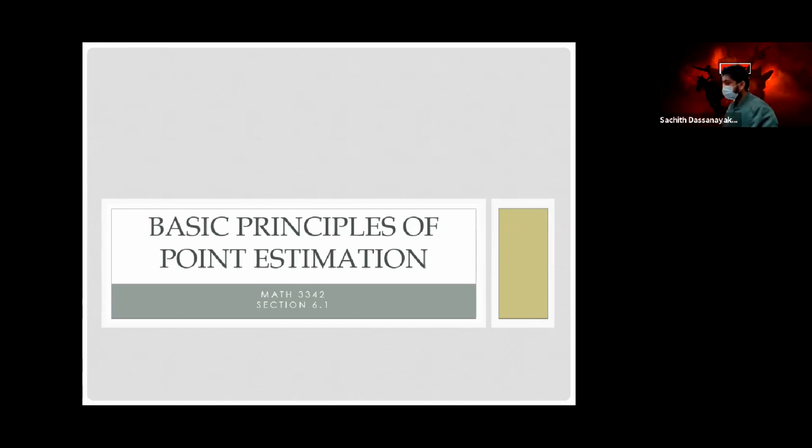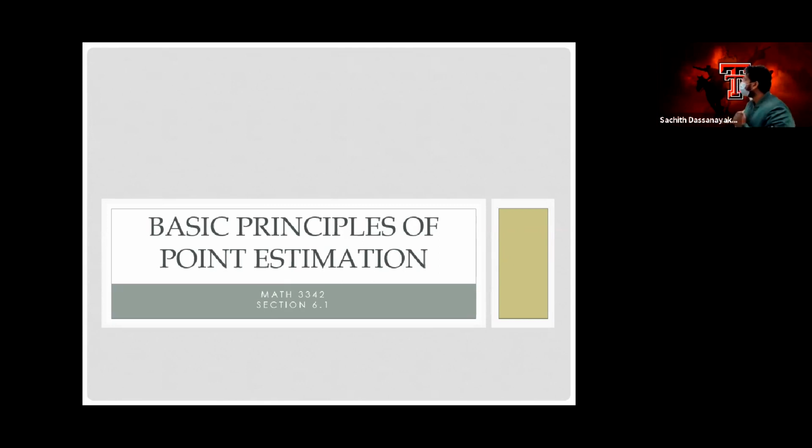Why do we use these kinds of estimations? Because sometimes we cannot find the exact value, for example, we cannot find the mean. So we try to approximate that value. That's what we call estimation. Okay, point estimation means it is just a value, like the mean. Mean is just one value, right? In an entire data set, we get a mean, just one value. Same as point estimation, it is just one value.